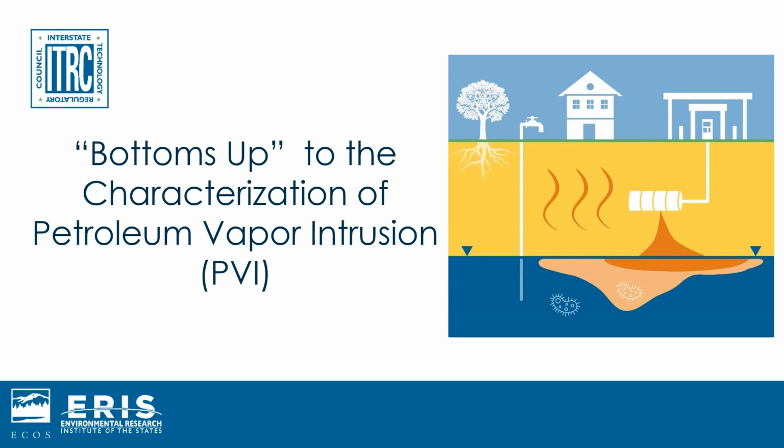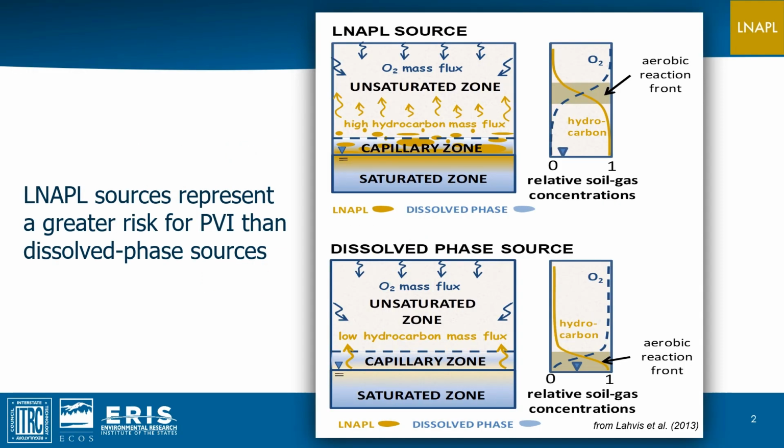Along the way, we'll try and highlight where PVI characterization overlaps with the characterization of LNAPL and TPH. We'll do this by using an indicator that will appear in the upper right corner of slides where the overlap exists. So let's begin. It's important to start with characterization of the vapor source because the potential for vapor intrusion